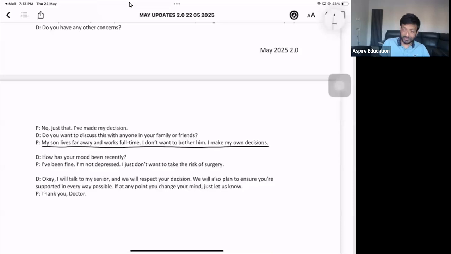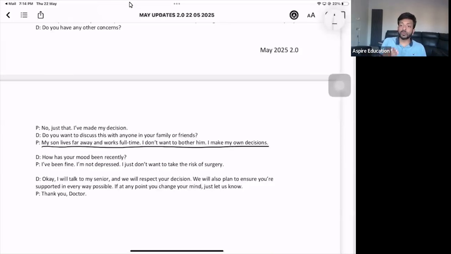So that's something that you can address, like, I know that your son is working full time, but would it be possible for him to come for a week, maybe, when you're going to go for the surgery? He's the one who can look after the mother. And after a couple of weeks, you will feel better, and then you should be able to look after your wife. So that is what you have to do. In the end, if he agrees to surgery, it's okay. If he doesn't agree, that's fine as well.